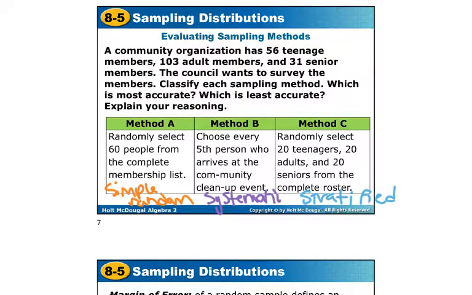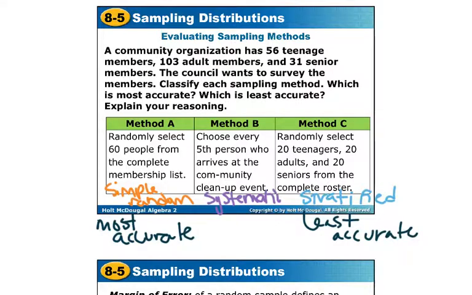It turns out that method A is going to be the most accurate. Again, because we're doing that simple random sample, everyone is likely to be selected with no lenience towards anything. Method B is the least accurate because the members who do not attend the cleanup have no chance of being included. So this is least, again, because you'd have to be at the event. And then method C